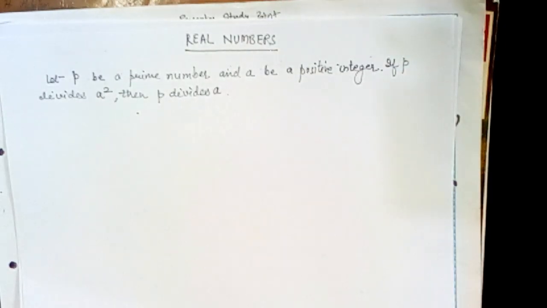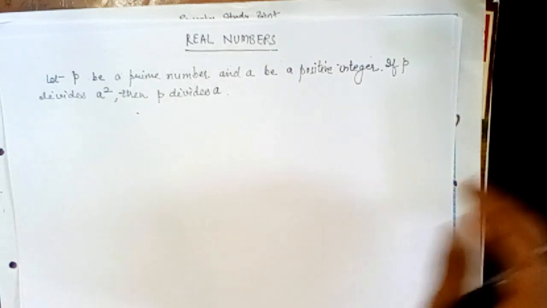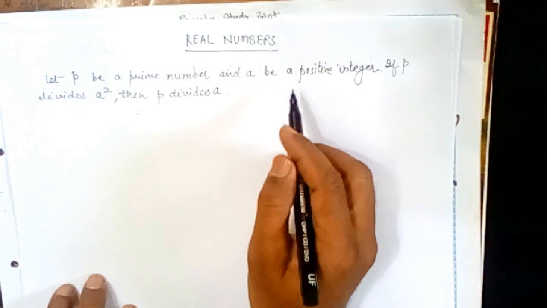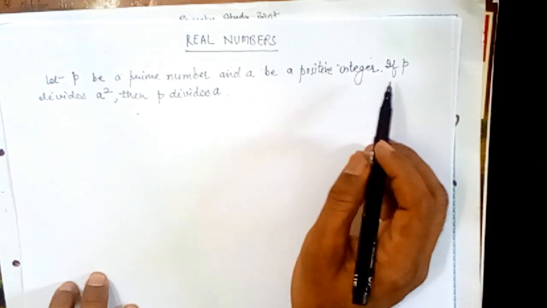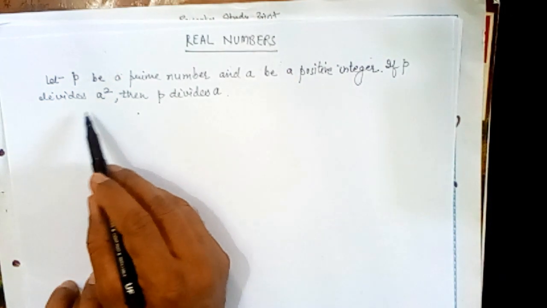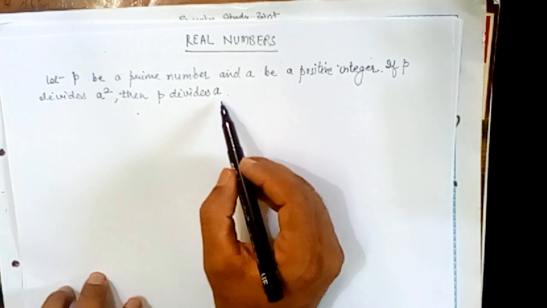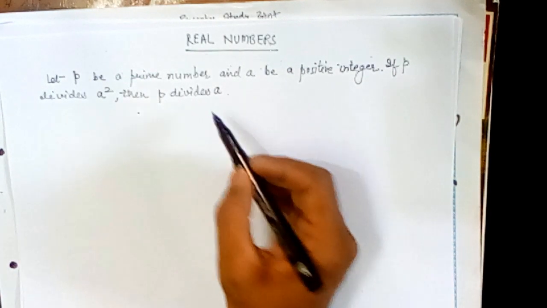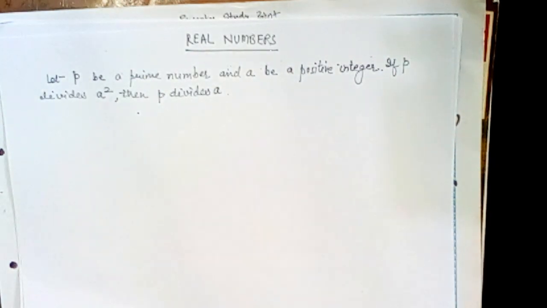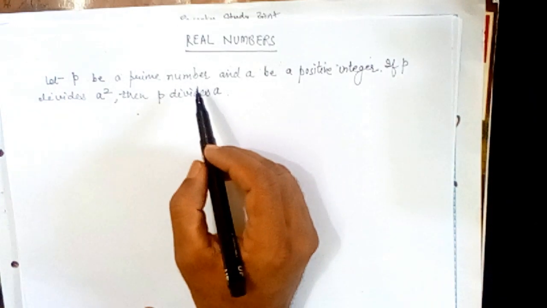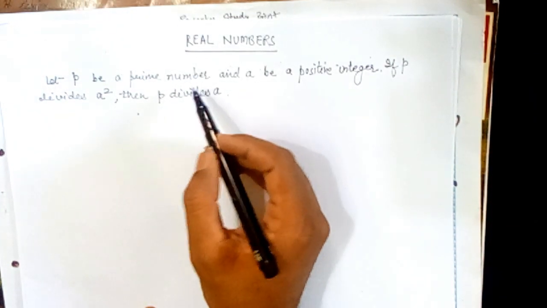Here in real numbers we are starting with a theorem. Let p be a prime number and a be a positive integer. If p divides a square, then p divides a. Now basically it is based on the fundamental theorem of arithmetic, which states